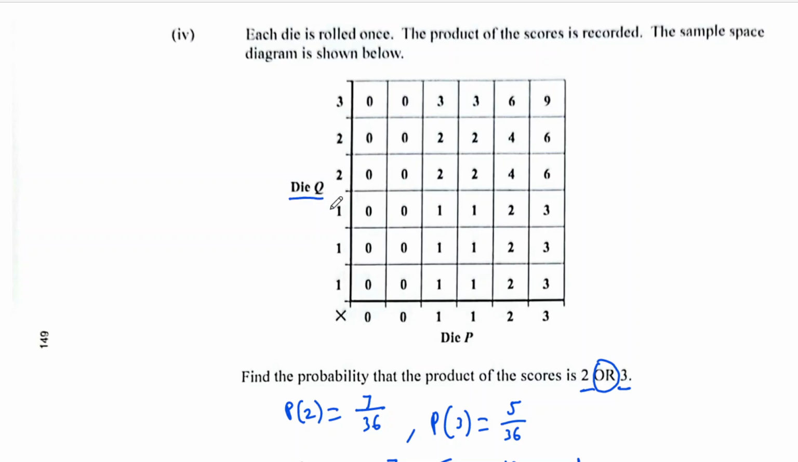This die Q, 1 second. Yeah, come in. Oh. Get it, take one of the people there, right? Yeah, so